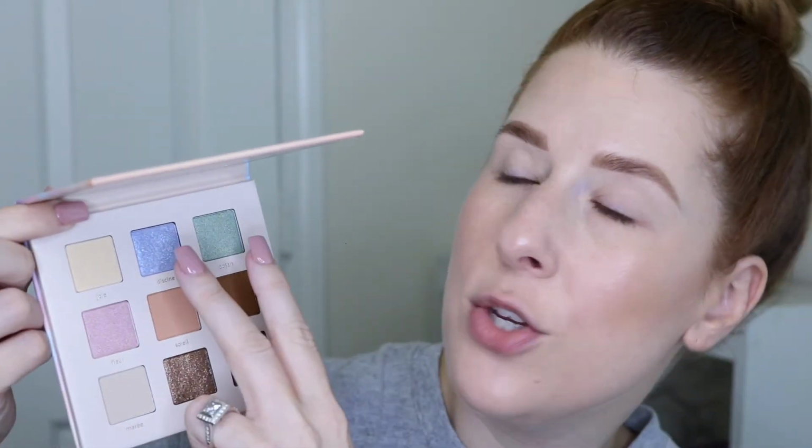So this is a moment when I wish my friend Heather Austin was here with me, because I would love to use these 2 shades together, but I don't know how to do that, and I feel like she would know. I'm literally sitting here staring at the palette like, how would Heather do this? How would she use both of those shades? I have no idea. So we're just gonna do something else, and I'll take, why not this middle shade right here in Soleil. I can say that. And I'm just gonna take a fluffy brush and put this in the crease,